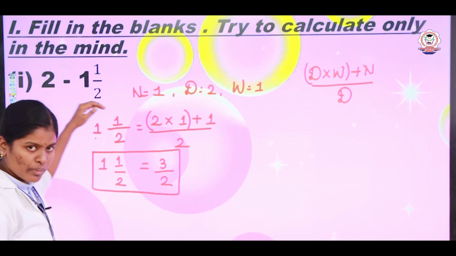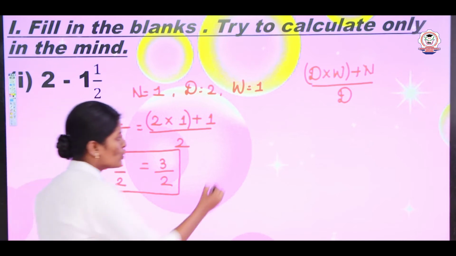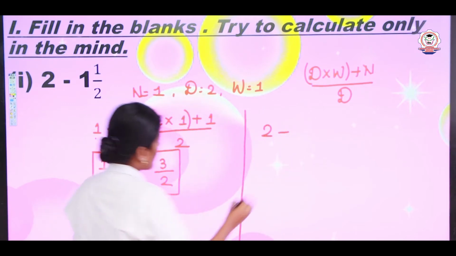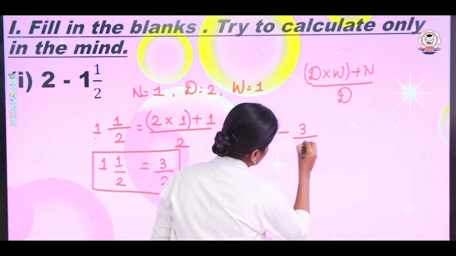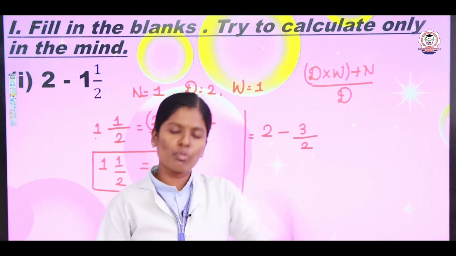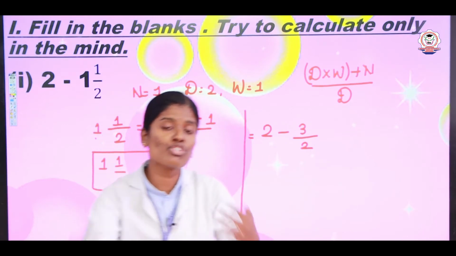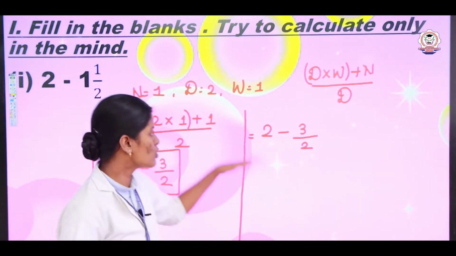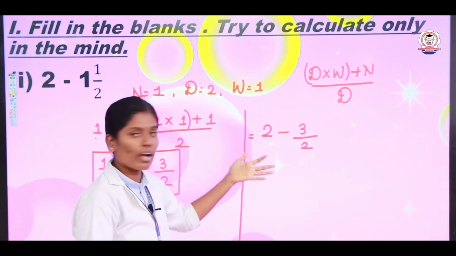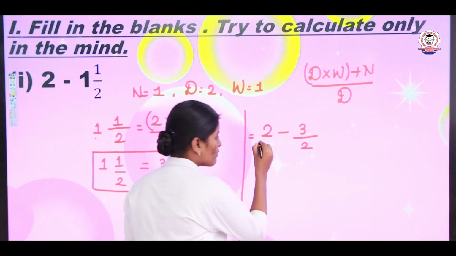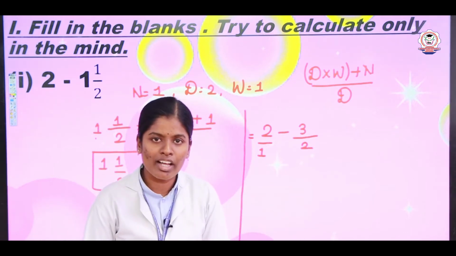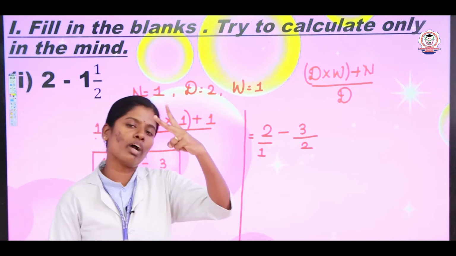Now we are going to take the question. The question we have is 2 minus 3 by 2. So listen my children, where we don't have a denominator value, you should consider the denominator as 1. So we don't have any denominator value here, so you should consider 1. So take 2 divided by 1. Now what is the LCM of 2 and 1? Very good. The LCM of 2 and 1 is 2.